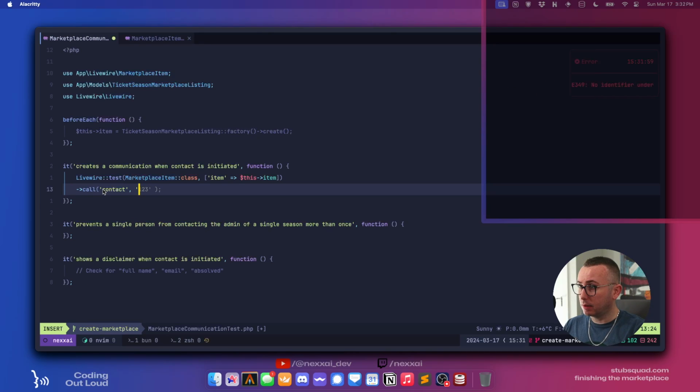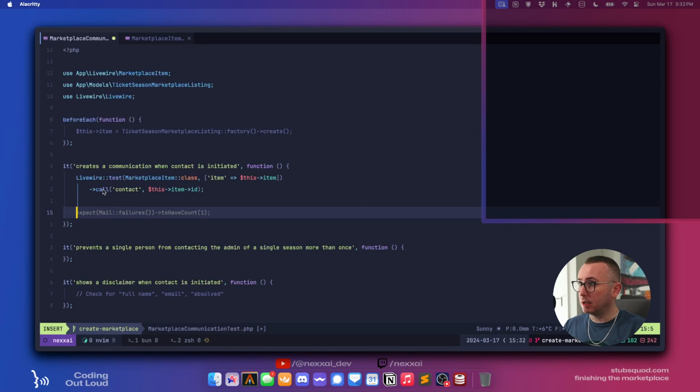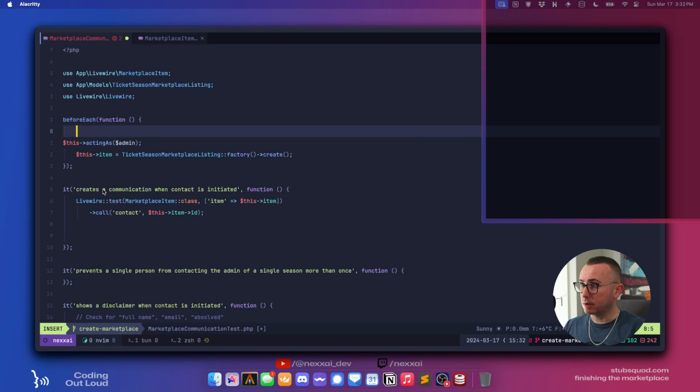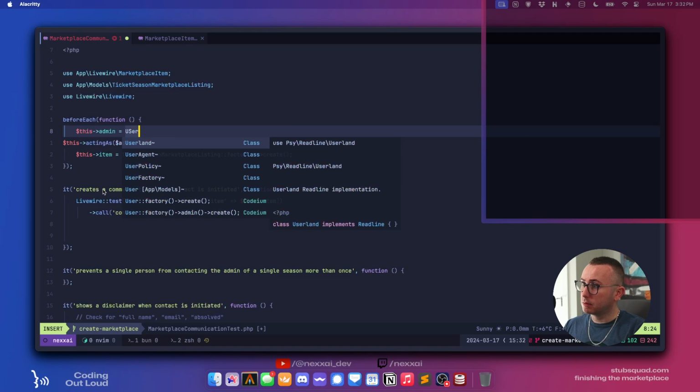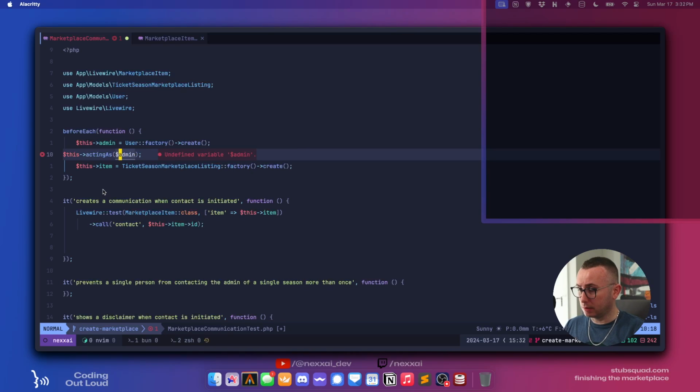Okay. So this is going to be this item ID. Yep. Okay. And now we also have to do this acting as. So we're going to say this acting as, we'll say admin for now. I don't think this is really going to matter, but whatever. This admin equals user factory create. Yep.